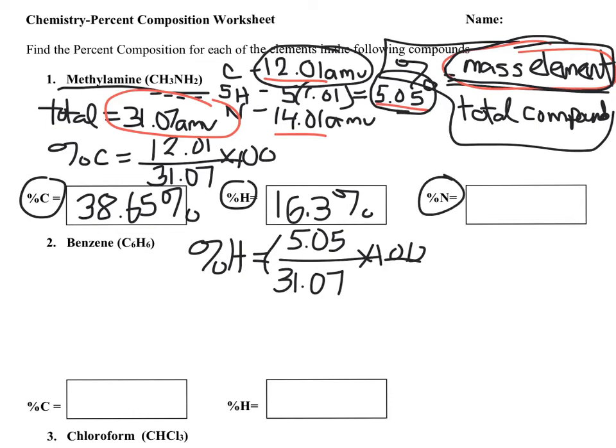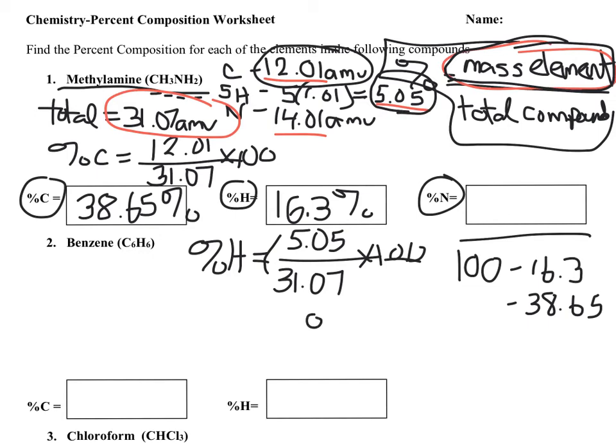All right, let's do the very last one then. The last remaining is nitrogen. Now, you could do this a couple ways. You could say that all of these elements' percents added up is going to be 100%. So if you took 100 and subtracted hydrogen's 16.3 and also subtracted carbon's 38.65, that would give you the remaining percent, which should be nitrogen's. But I'm going to do it the old school way just to double check